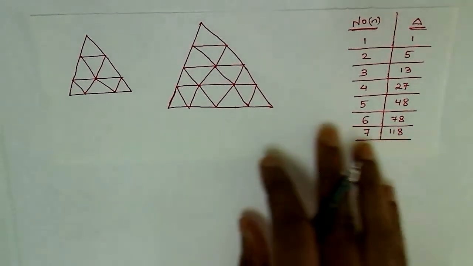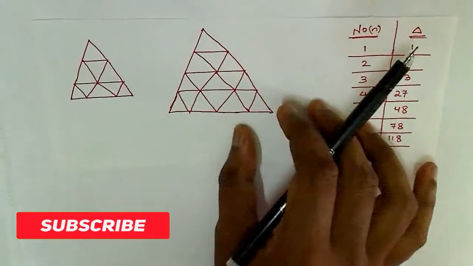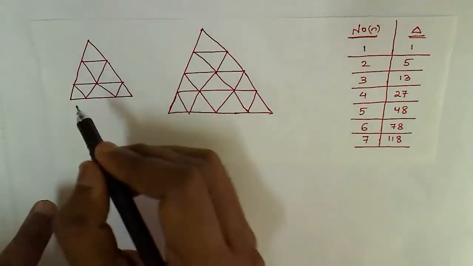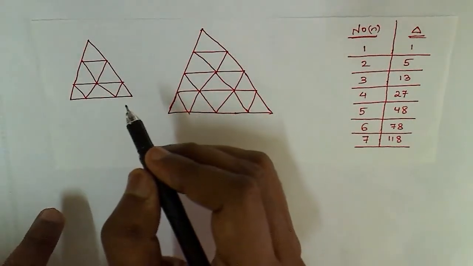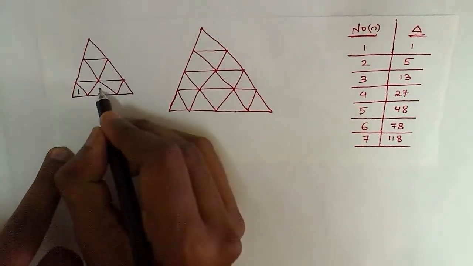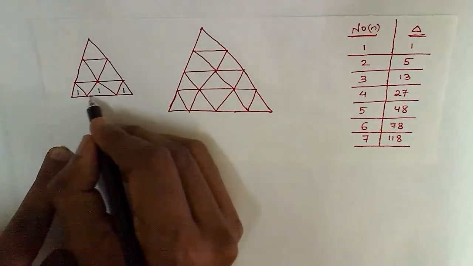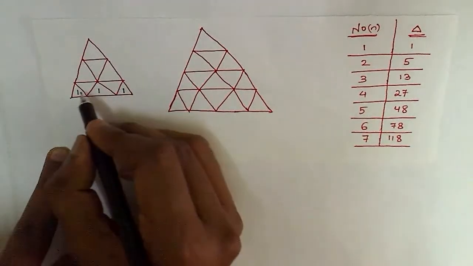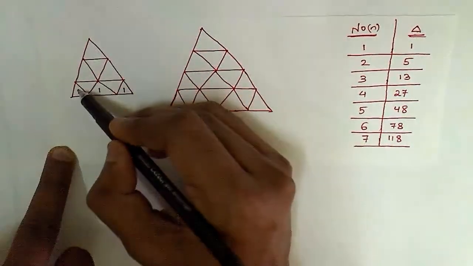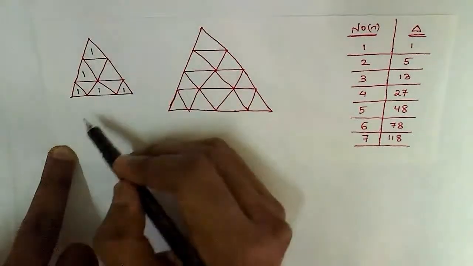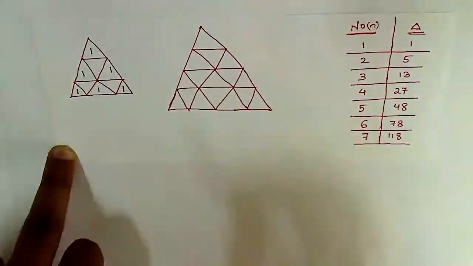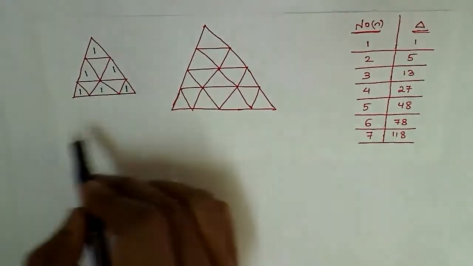One more figure, if they give like this, suppose this figure they have given and they will ask you to calculate the number of triangles. So here what we do, first you just see whether there are even number of triangles in all directions or not. What do you mean by even number? If I name it, suppose this is 1, this is 2, this is 3. So in horizontal direction, if you take this base, the total 3 triangles are there. Now if you take this base, how many triangles are there? This is 1, this is 2, this is 3. Now if I take this base, here also how many triangles are there? 1, 2, 3.